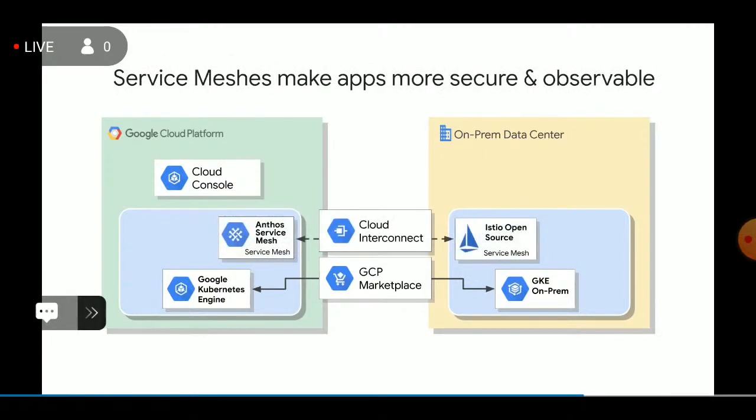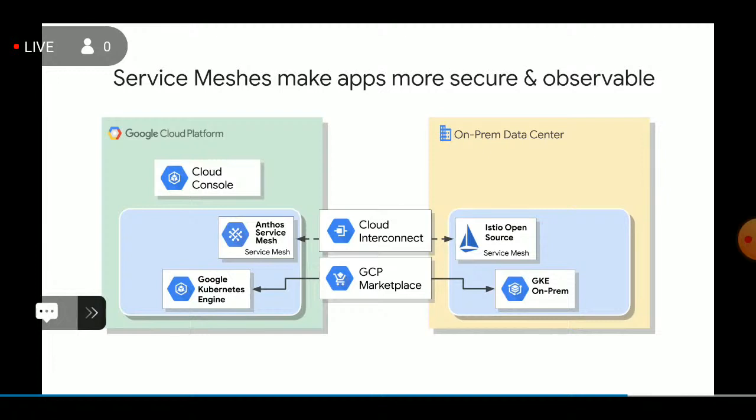Enterprise applications may use hundreds of microservices to handle computing workloads. Keeping track of all of these services and monitoring their health can quickly become a challenge. Anthos and Istio open source service meshes take all of the guesswork out of managing and securing your microservices. These service mesh layers communicate across the hybrid network using Cloud Interconnect, as shown, to sync